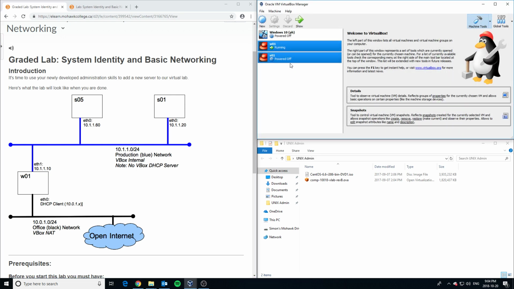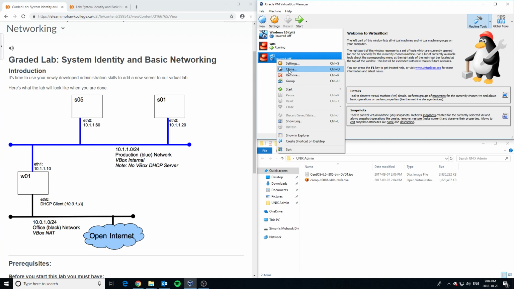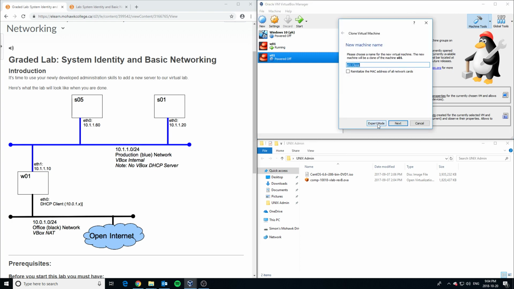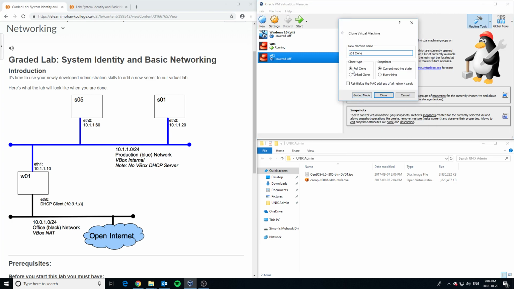And there we go. Now we can see W1 is still running, which is fine. SO1 is powered off. We're going to right click on it, and we're going to say clone. Now I like to go in expert mode, that way you know you're getting a full clone and we're going to clone everything. We're going to want to reinitialize the MAC address of all the network cards, and then we're going to call this guy